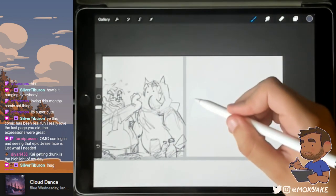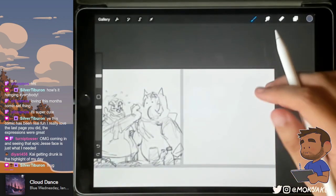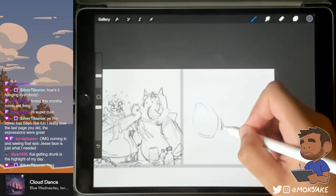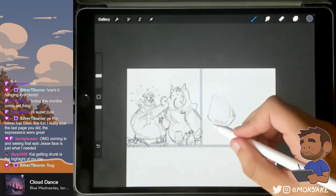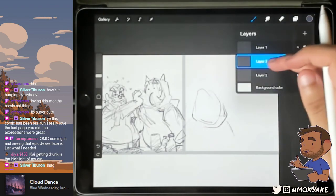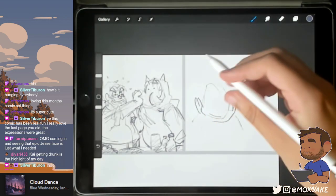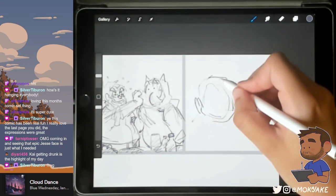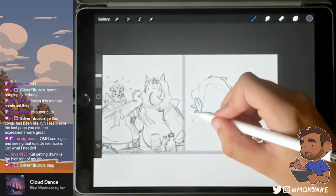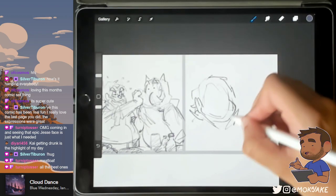Let's go with meatloaf for a Halloween party snack. It's bold. I don't know if I would have considered meatloaf as a party snack, but